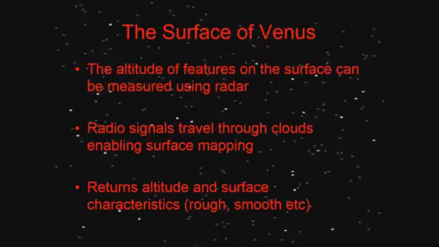So, that's really the atmosphere. The surface of Venus, well, we can't see it. We had to take probes to Venus that actually had radar on board, and those radar-capable probes bounced radio signals through the clouds and off of the surface and returned us an image. We got altitude and surface characteristic detail. Was it a rough surface, a smooth surface? and built images that way. So any image you see of the surface of Venus is false color and is based on radio data only.